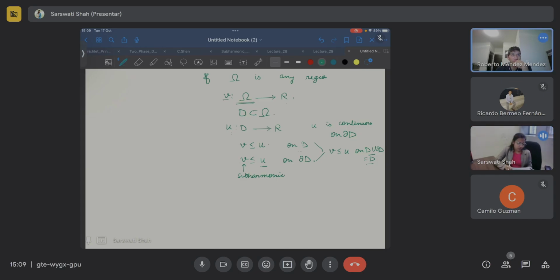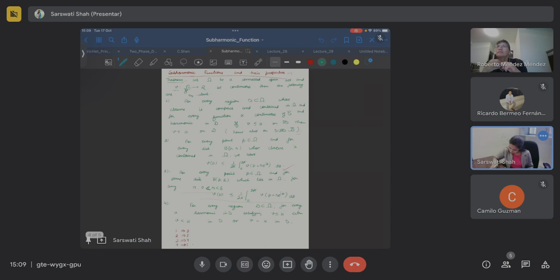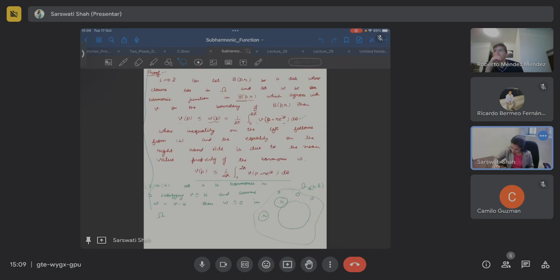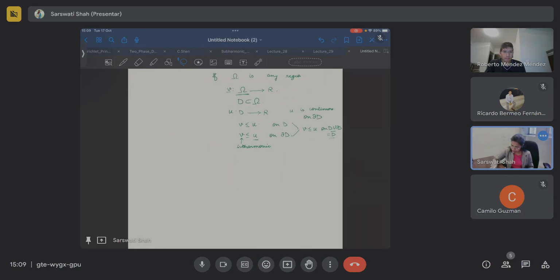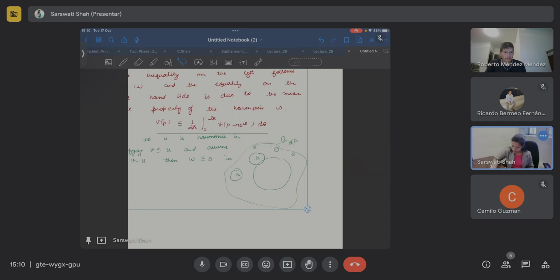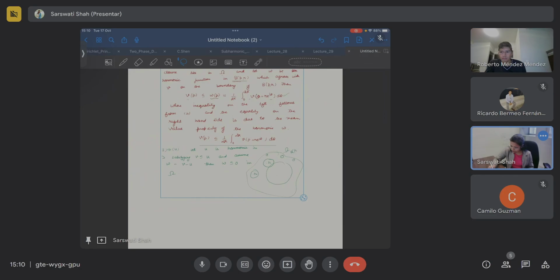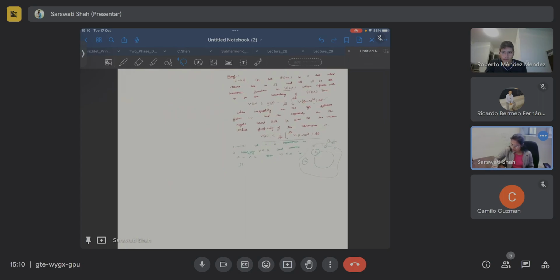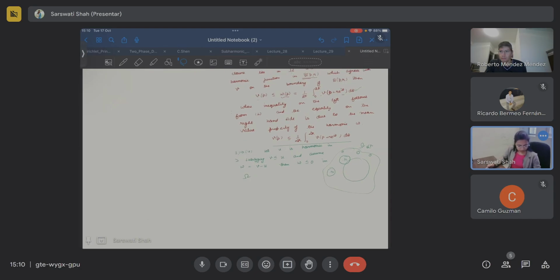And then we had to prove some property of the subharmonic function. So we were on the third to fourth, we proved no. Yeah, so we were here. So third property,